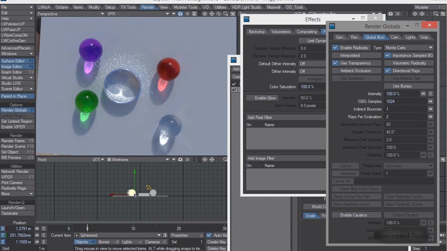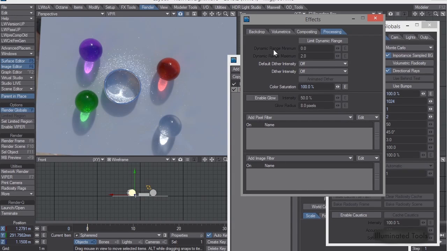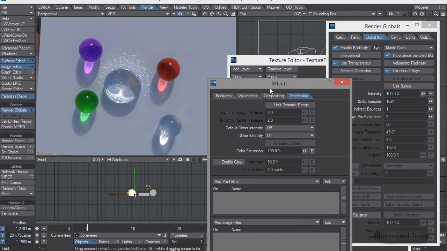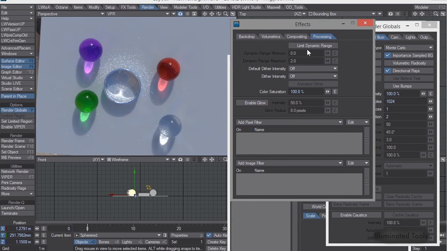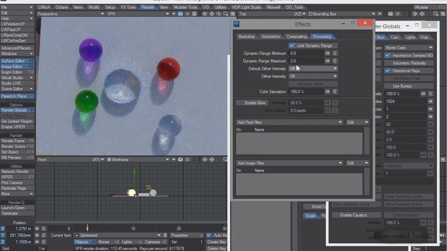So what Maxwell does and what C4D does is they actually clamp those secondary rays. When I was doing all these tests, I noticed that they were fast, super fast, but the caustics weren't nearly this bright and not nearly this defined. So I thought, well, we can do that inside Lightwave. In Lightwave, if you go to processing, limit dynamic range is essentially cutting all the rays anything above 2 times brighter